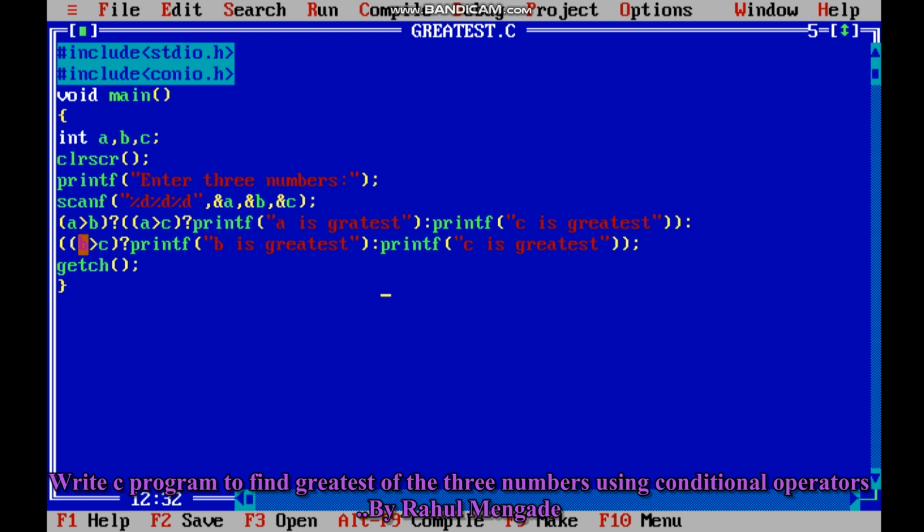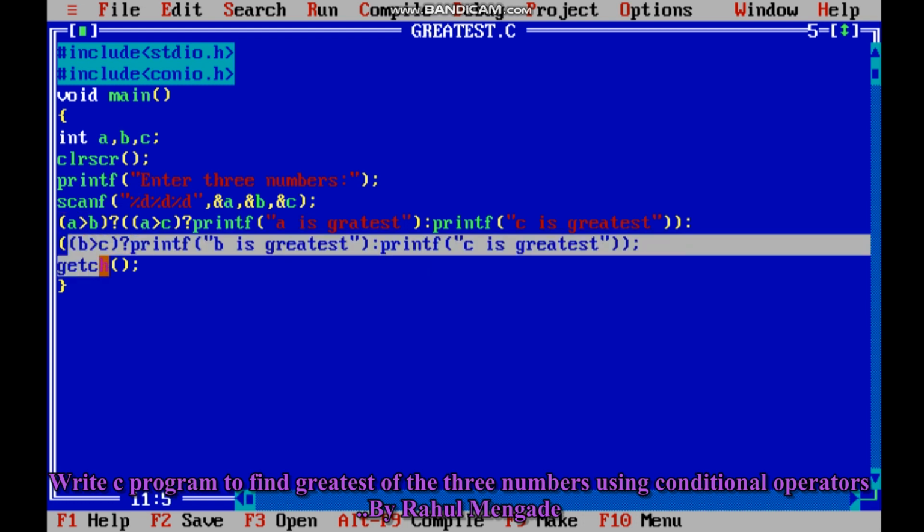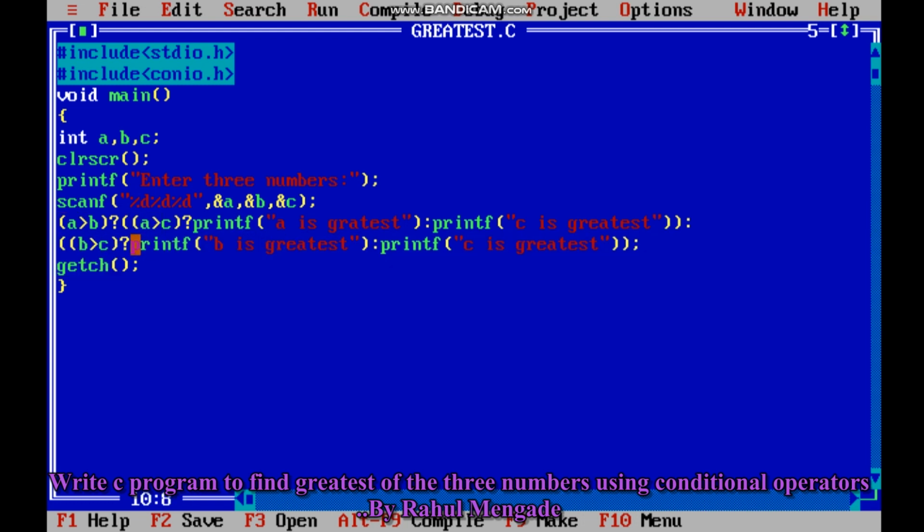That means if b is greater than c, b is greatest, and if c is greater than b, c is greatest. Then getch and close the curly bracket.